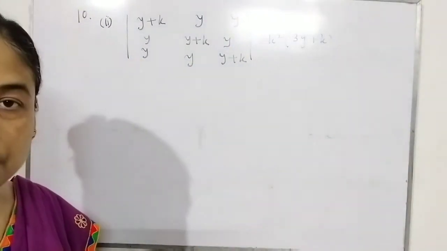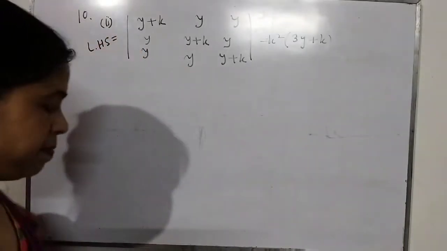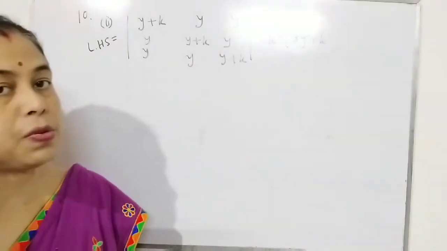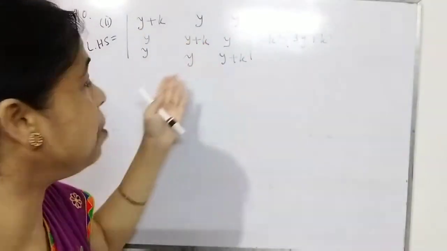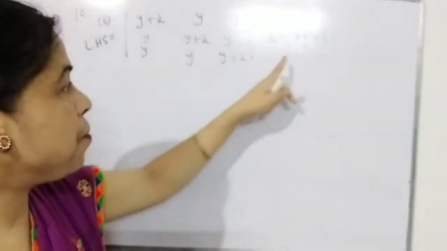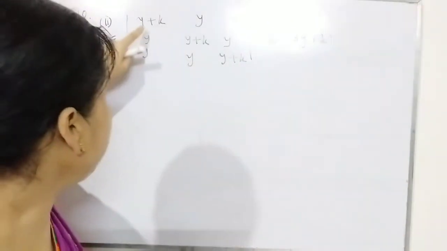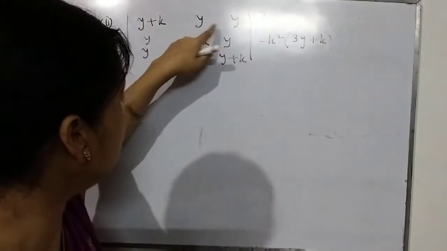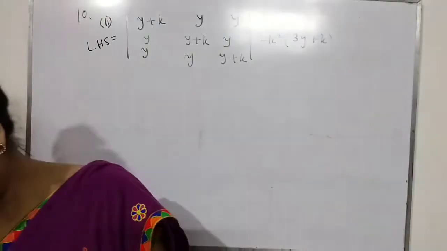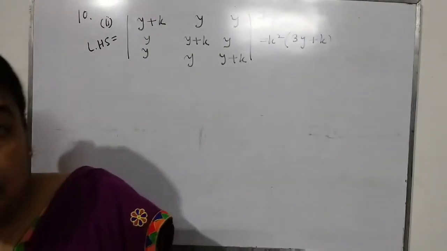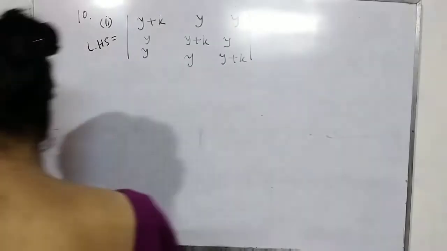So obviously we will proceed from the left hand side. Okay, so let us write our left hand side. After writing the left hand side, you see your right hand side. You need k square. K square is not common from here directly. 3y plus k is required. So how? You see if I add column 1 plus column 2 plus column 3, everywhere 3y plus k will come common. So in rows also we can do the same. Adding rows also we can get the same. So either you add the rows or you do the columns.